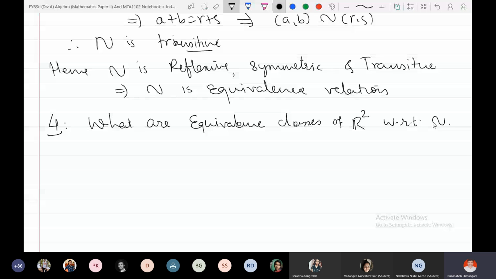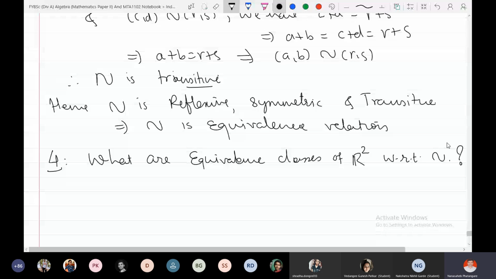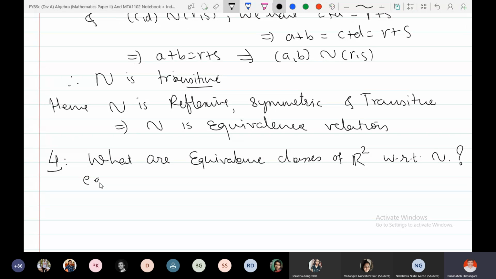So this is my next question. What are the equivalence classes? We'll do it very slowly, so that you can understand. If you understand one problem clearly, then the next part will be very easy for you. For example,